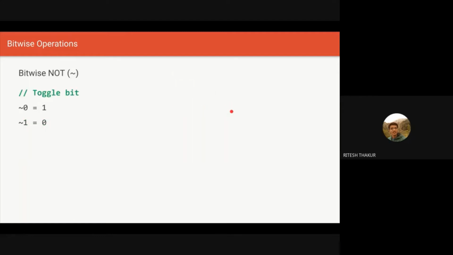Now let's look at a bitwise NOT. So bitwise NOT is simply a toggle bit. Let's say there is a bit I want to turn, let's say it's 0, I want to turn it to a 1. But if it's a 1, I want to reverse it. So for that I will use the bitwise NOT. And then we have the XOR. So XOR has a quite unique property in which, if the two operands are the same, the output will be 0. But if they are different, so for example 0 XOR 1 or 1 XOR 0, the output will be 1. So this property is quite unique and it's quite hard to remember it. But just keep in mind that if the operands are different, the output would be 1 for XOR.